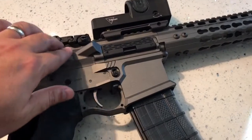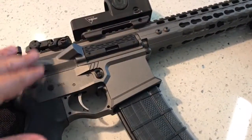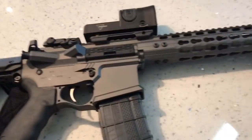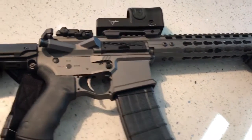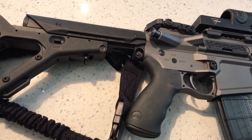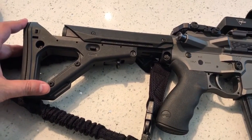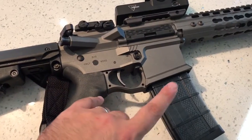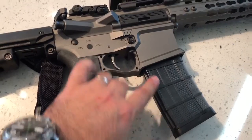So I can tell you right now that the stripped upper, lower, and handguard was $550. That doesn't include shipping. It doesn't include, obviously, FFL transfer and all that kind of stuff. But I'm just going to keep it at basics here. The UBR Magpul stock was $291. Ergo grip was $35. The Lancer L5 was $25, and these are special